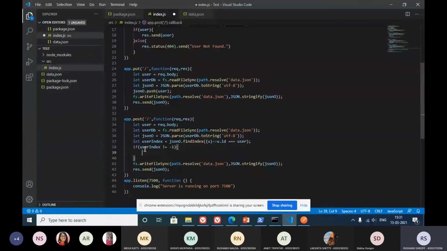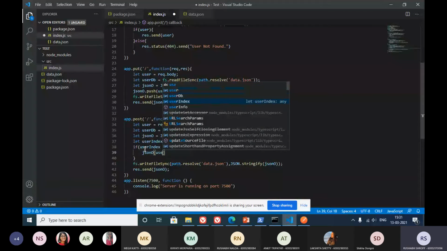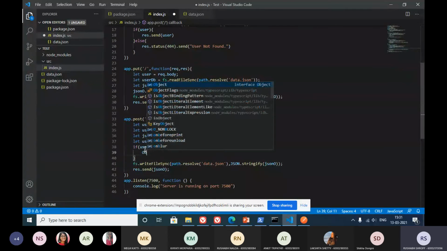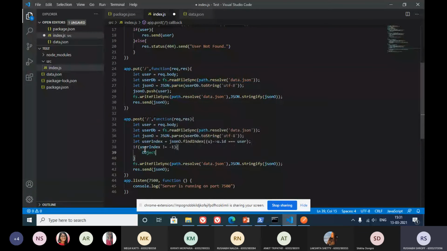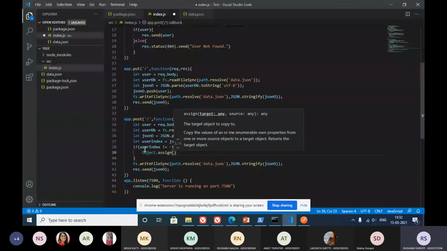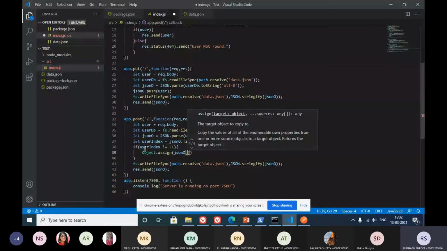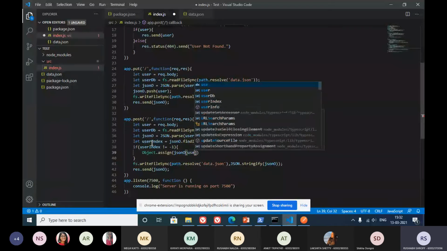then what we do is, JSON object, and then we update this user equals to, or maybe a better way, what we can do is use the Object.assign method, which is a built-in method in JavaScript. You can use this inside your browser as well and inside Node as well. So we have to use Object.assign and pass in the target object, which is JSON object, and then the index, this user index.